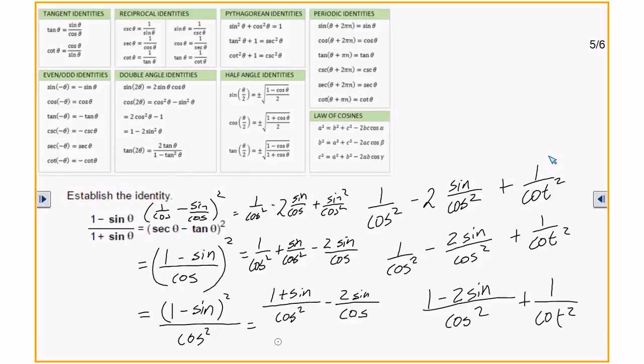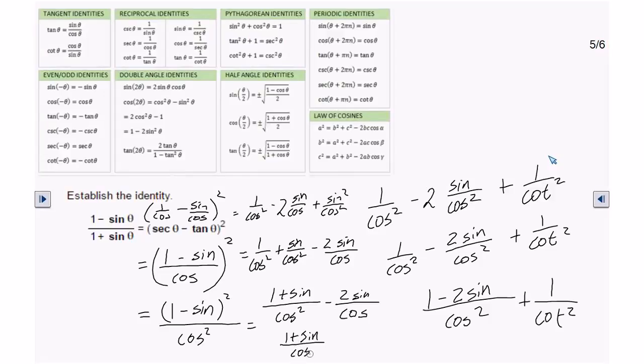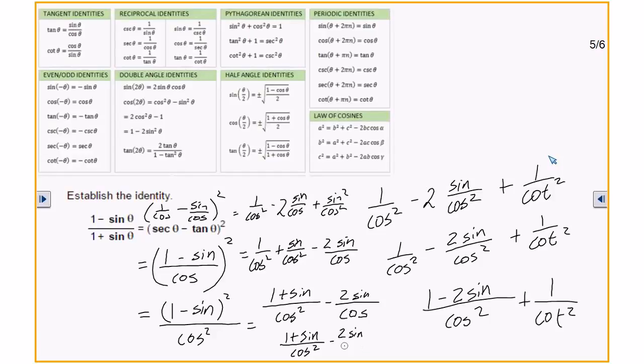Get a common denominator of cosine squared, and that's going to be 1 plus sine over cosine squared minus 2 sine cosine squared times cosine squared. So that's going to give us